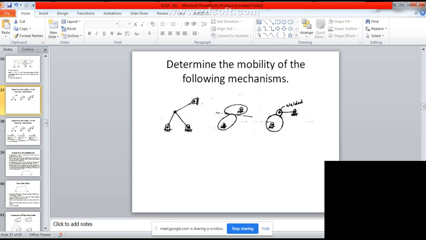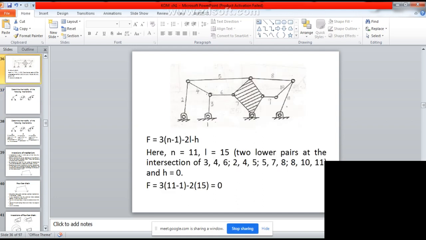Sir, in the last problem, in that middle figure, quadrilateral n4 is equal to 1, no, sir? Yes. There is no need to show which is quaternary in the exam. Directly you can count the number of links and give n. For the beginning, just to help you understand, I showed you n2, n3. In the exam, you need not consider things like this. You can take the number of links directly.